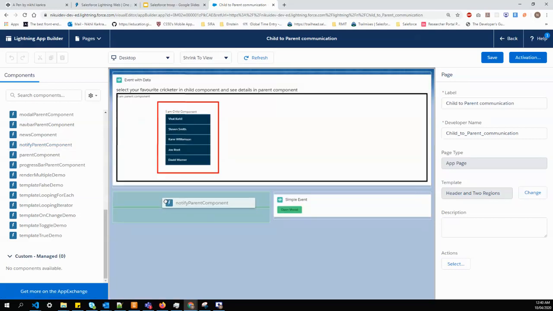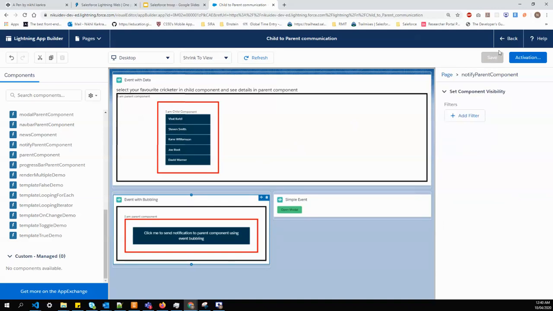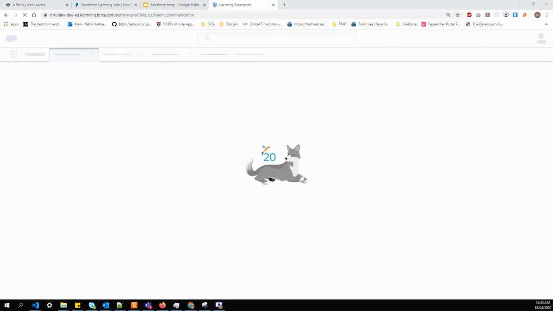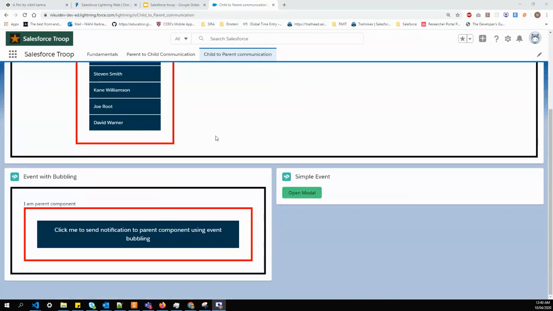Let's drag it to the left section. Save this. Let's go back. So now our component is ready.